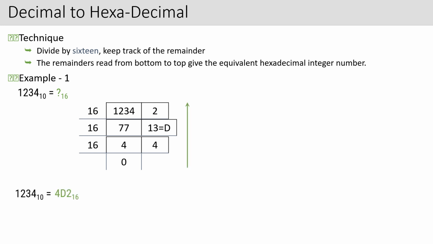Okay, so what is the thing? You have to write it from bottom to top. So it is 4D2. See, it is very easy to identify a hexadecimal number, because if a number contains alphabets, say D, A, B, E, F or C, then directly you can come to the conclusion that the given number is a hexadecimal number. So what is the hexadecimal form of this? This is 4D2. After 9, you have to represent the digits by alphabets. Had you got the remainder 10 here, you would have replaced it by the alphabet A. So it would have been 4A2.